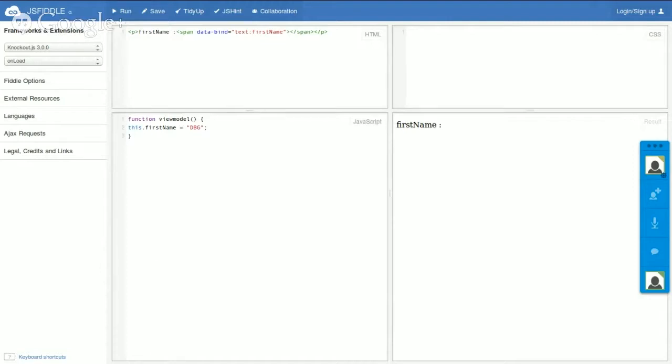There is a function we saw in the previous slide, ko.applyBindings. So for that I am creating